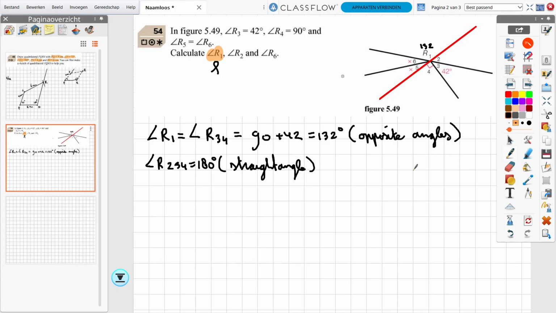So, and I put my calculations here underneath. Let's do it underneath. So angle R2 is the whole angle, 180 minus 90 minus 42, is 48 degrees. You see that I only put the degree sign at the end, by the way, and now